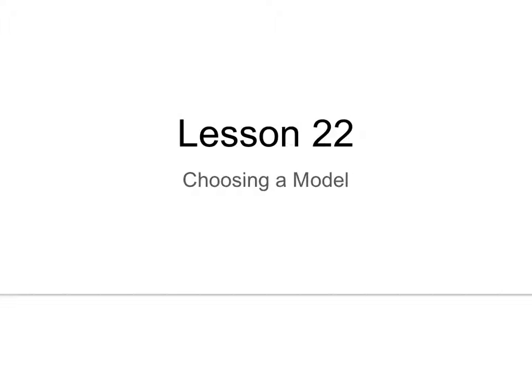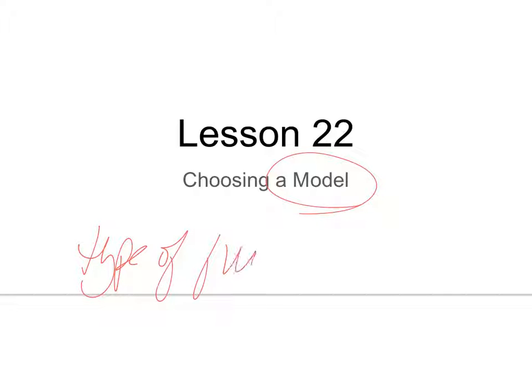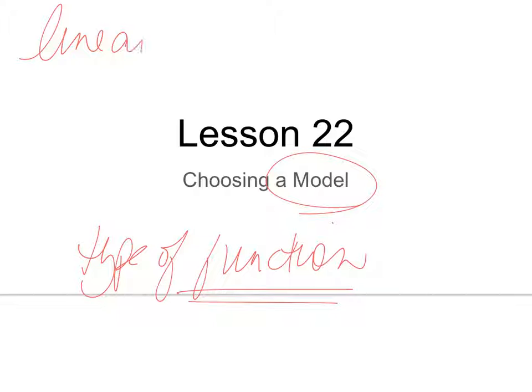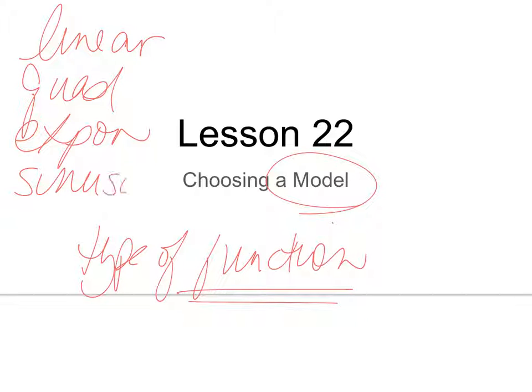Hey, Algebra 2. Today we're going to talk about real life situations and how to choose a model. A model would be a type of function. What type of function will we choose to model the data, the situation? By function or model, we mean, will it be a linear model, quadratic, exponential, or sinusoidal. Okay, and we'll go through some steps on how to pick which one of those models